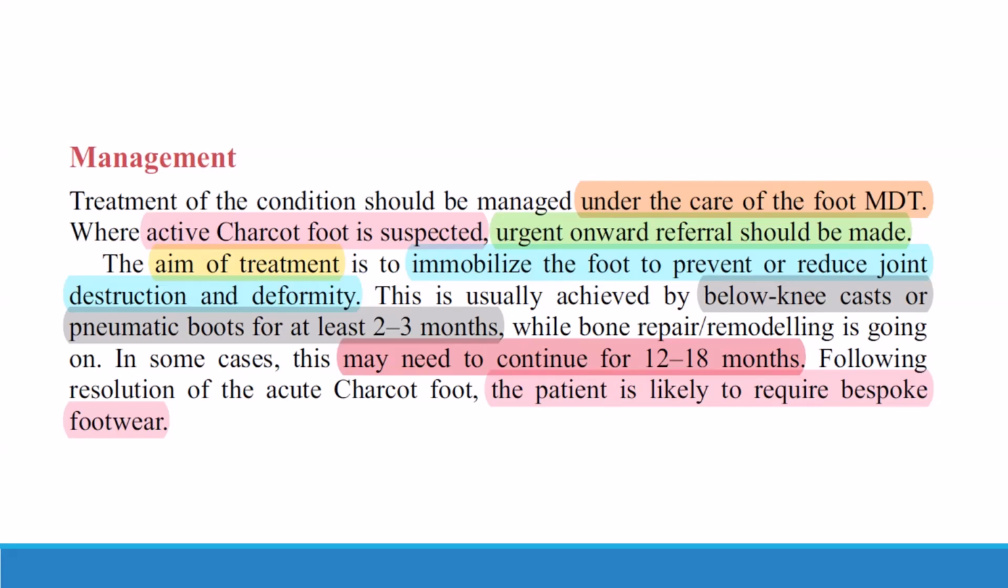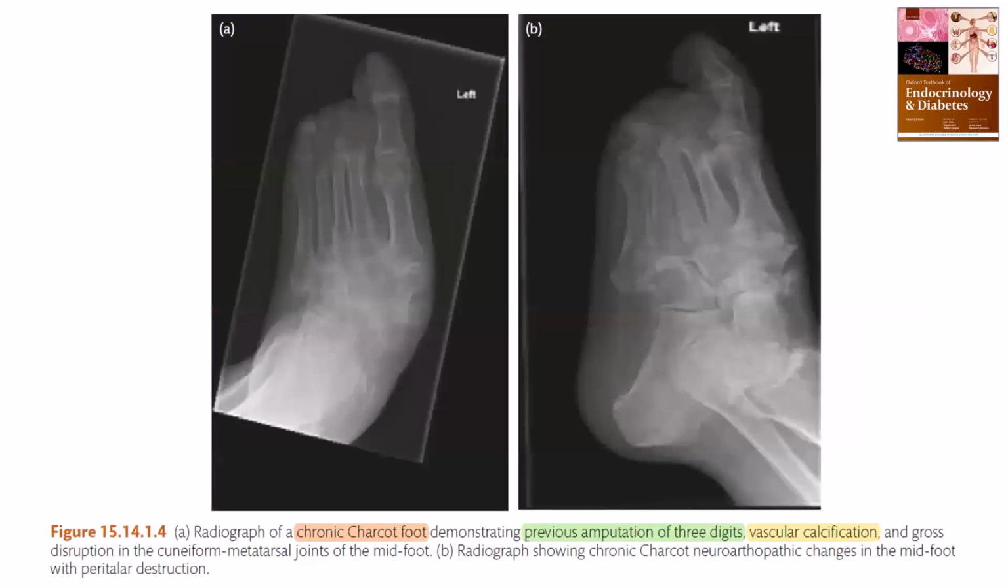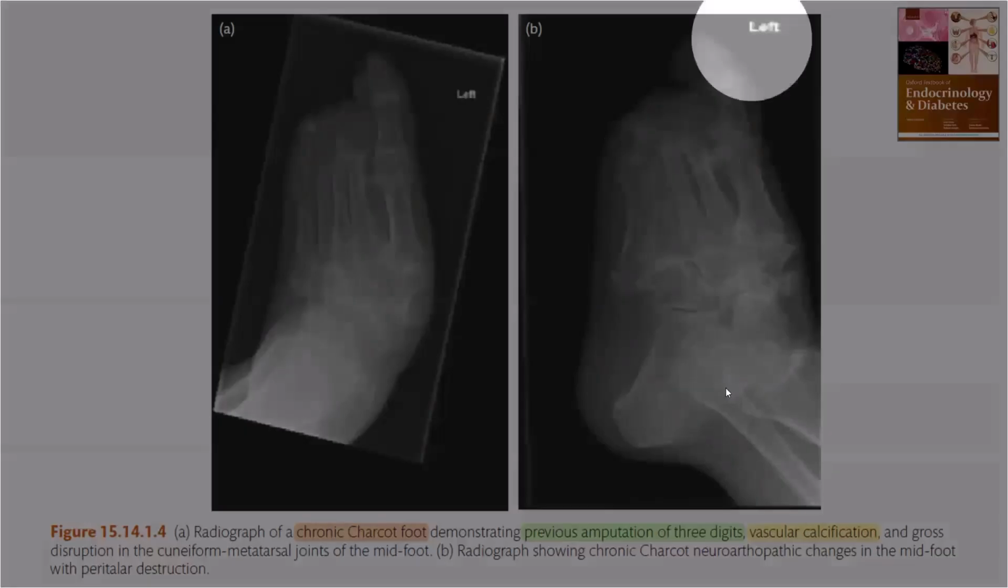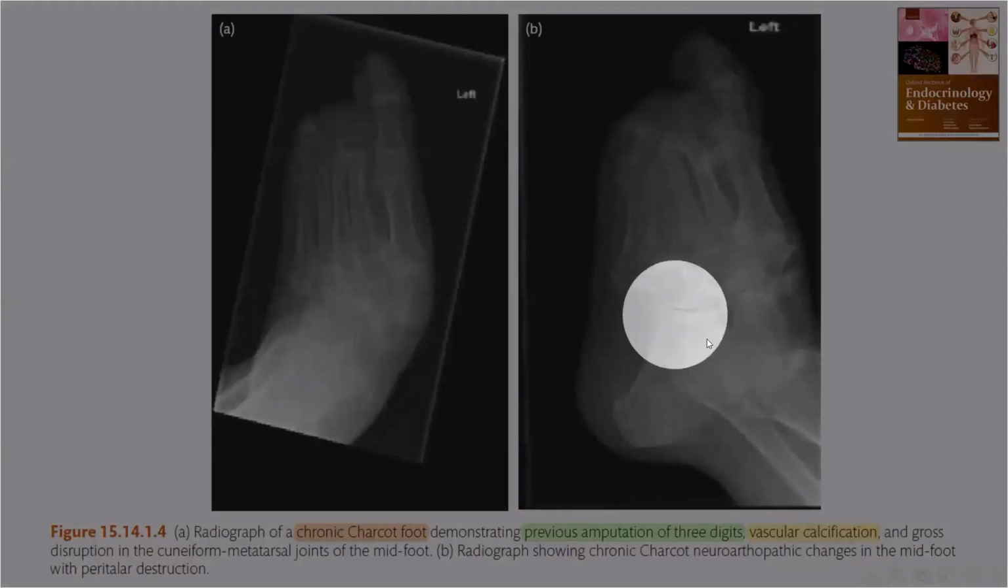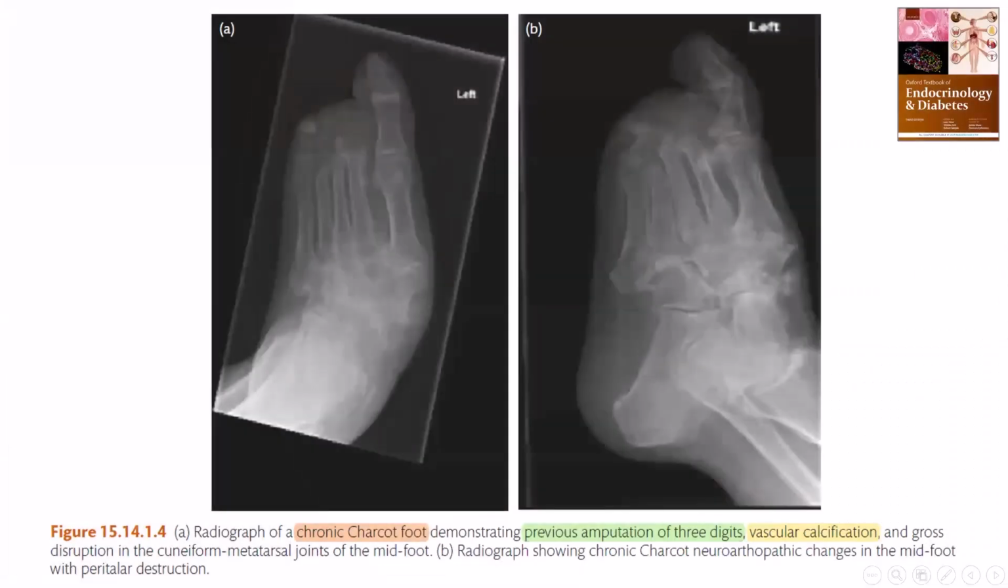The patient is likely to require bespoke footwear. And actually, once you see this image in the final exam, this is a Charcot. I don't know what the lesion is. This is a Charcot, a chronic Charcot foot demonstrating a previous amputation of the third digit with vascular